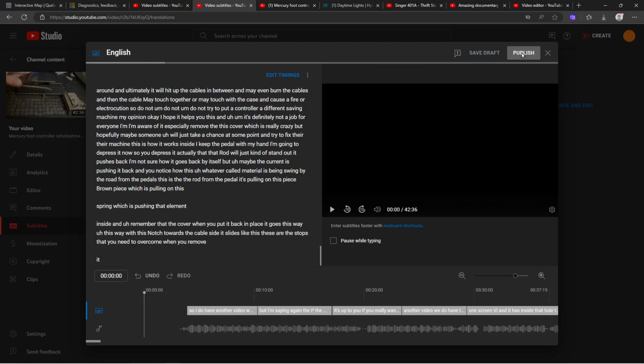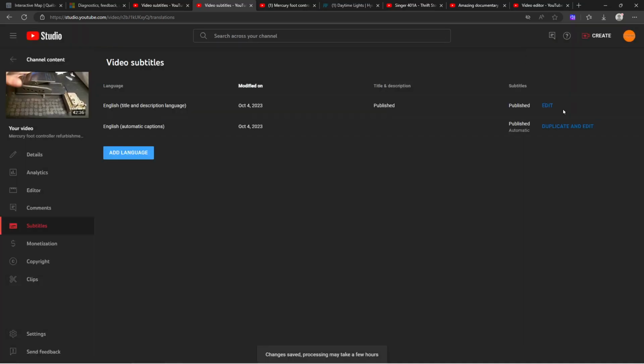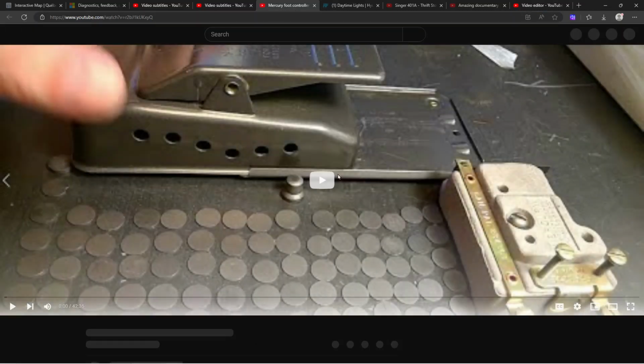And at this point, let's give it a few seconds, you will see here again duplicate and edit, but then you will see edit. When you see this edit thing, it's no longer add like before. When you see this, it means the CC captions are working now. So let's just reload this page once again. And then you have it.